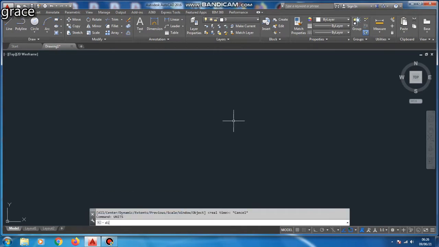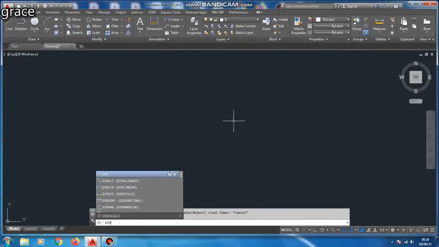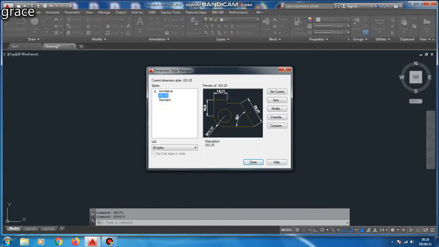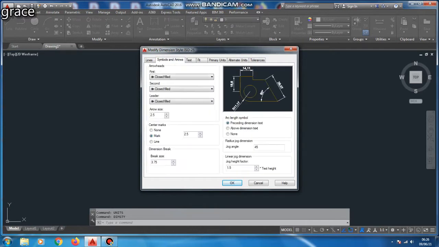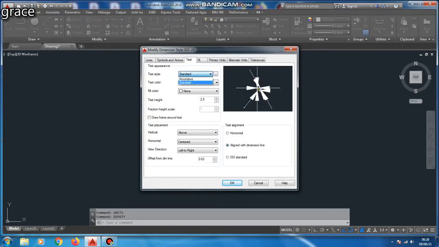Next I am going to change the dimension style. Here we can change the dimension style and size of our diagram. I am going to change the size of the dimension and dimension style by using this dimension style command.